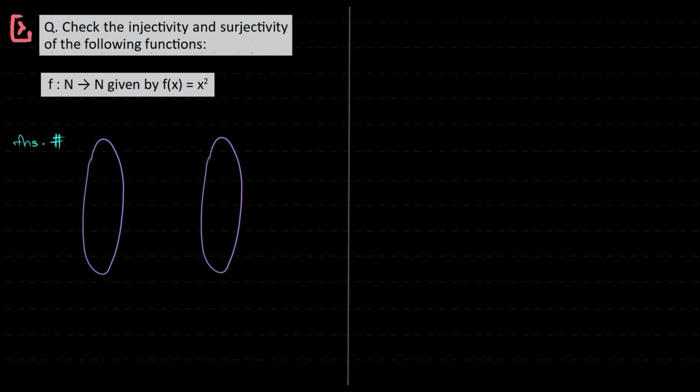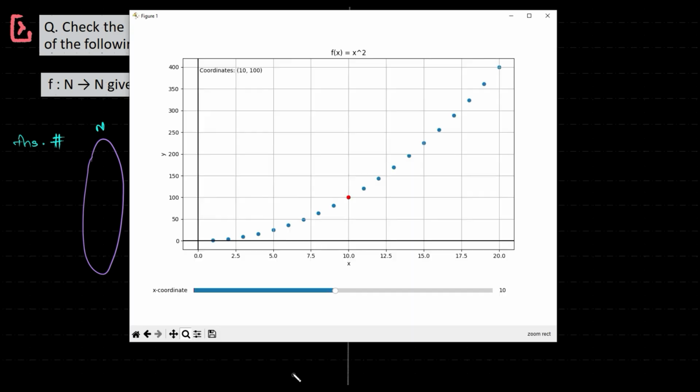Check the injective and surjective of the following function. The function is mapping natural number to natural number and the function is equal to x square. So let's see how the graph looks like. We can see it is not continuous, right? And the input and the output values will be not continuous. That is, input values, it's not continuous as in